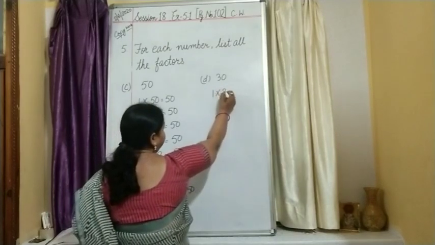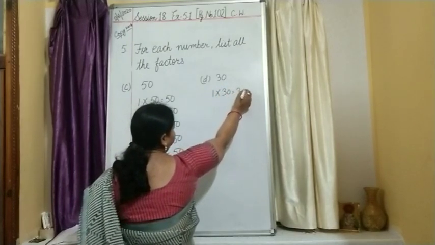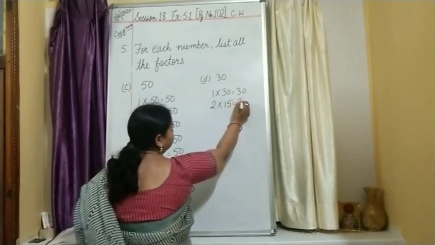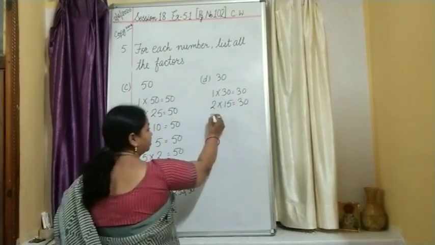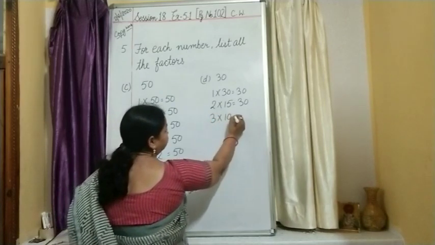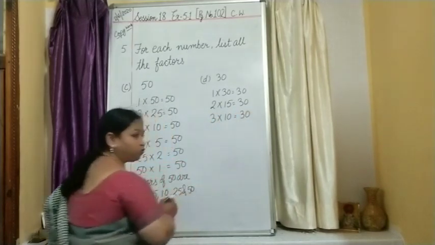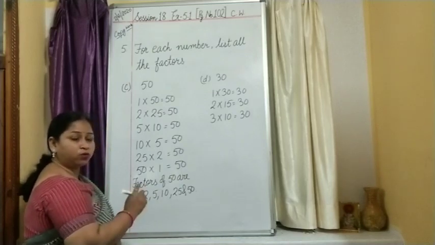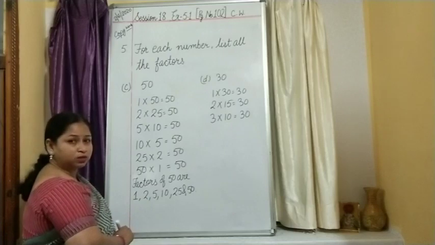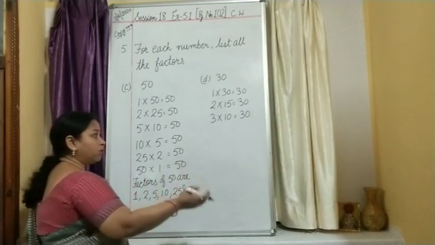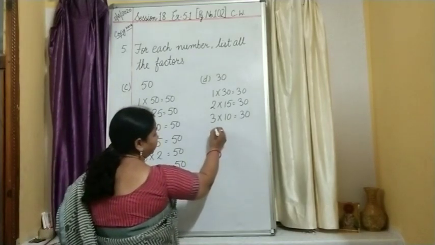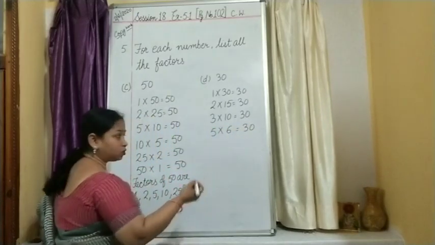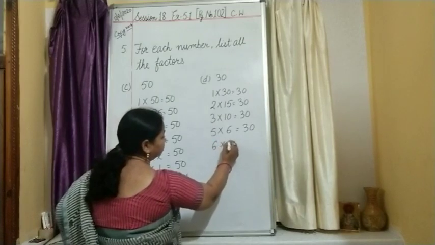1 multiplied by 30, you will get 30. In the table of 2, definitely you have 2 multiplied by 15 is 30. Table of 3, yes, you have 3 tens are 30. In the table of 4, do you have 30? Check, 4 sevens are 28 and 4 eights are 32. So 30 is missing there. So what will we do? We will move on to the next table, that is 5. 5 6s are 30. In the table of 6, of course 6 fives are 30.